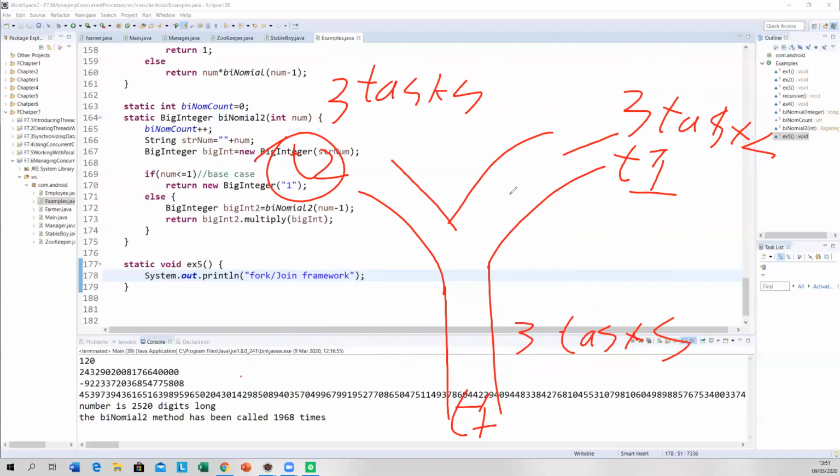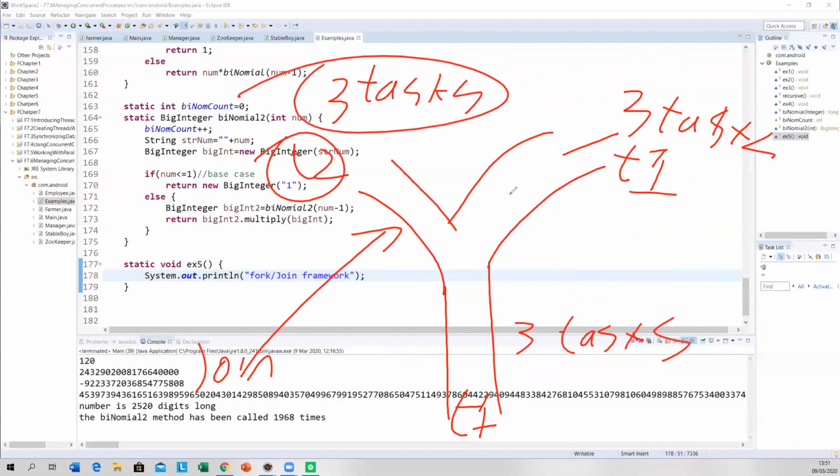Now, you can put in something here called join. You don't have to put it in. That's the important thing. But if you put it in there, you're saying these 3 tasks will not go ahead until these 3 tasks have been finished. So it's like a cyclic barrier. That's my understanding of it anyway. Now, forks aren't too difficult. Joins, I haven't got one working yet. So forks aren't too bad. Joins are a bit tricky, is the best way to describe them.